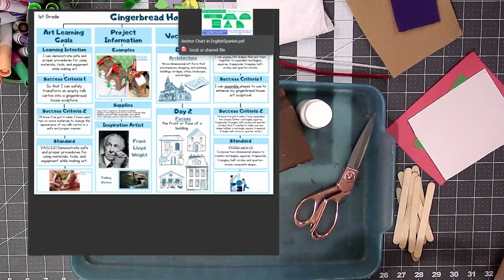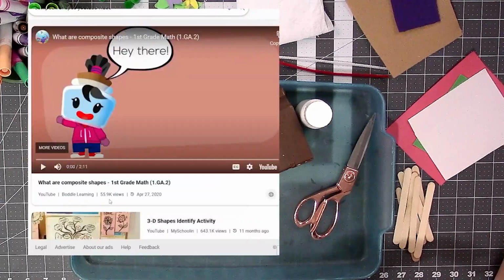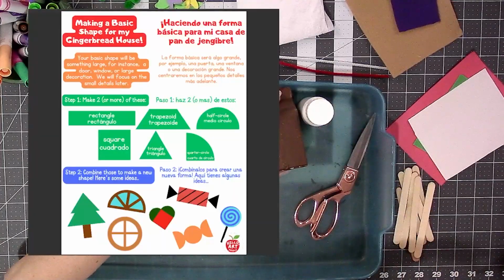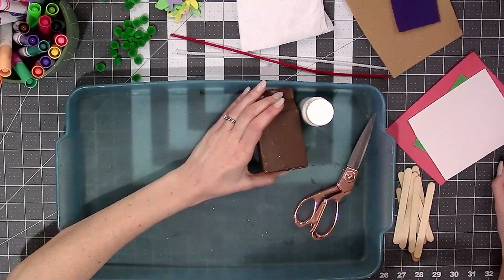So before we get started, we're going to watch a little video called What Are Composite Shapes? And this is a little math video. So I'm going to pause this here and we're going to watch that. Okay, now that we have watched our math video, we are actually going to begin making basic shapes for your gingerbread house. So the first thing that we're going to need is,